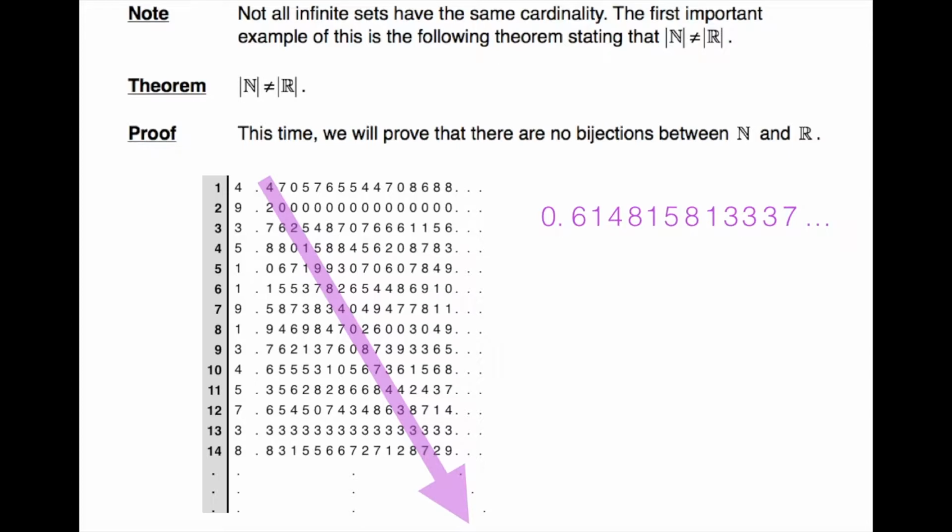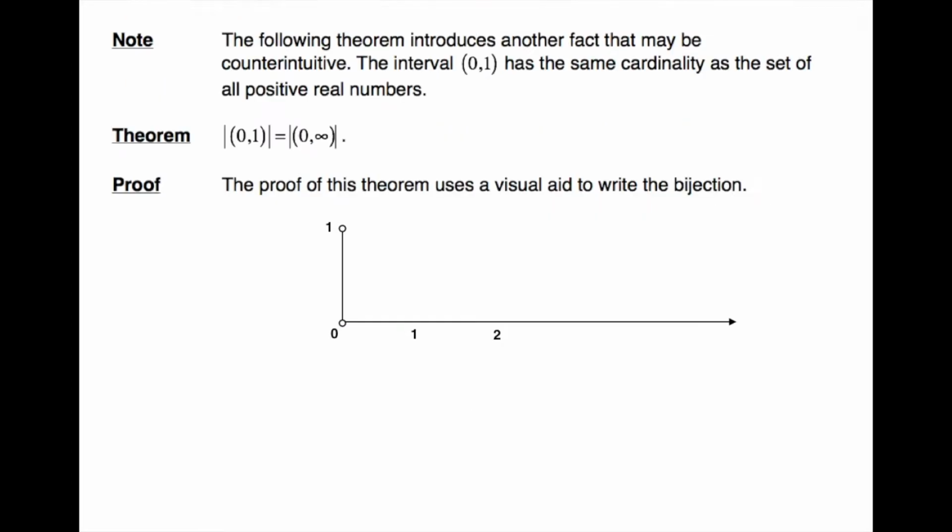So that's groundbreaking news. It's the first time we discover that two infinite sets may not have the same cardinality. So we'll continue with theorems. The following theorem introduces another fact that may be counterintuitive. The interval 0, 1 has the same cardinality as the set of all positive real numbers. So what it means is technically that there's as many numbers between 0 and 1 as there are between 0 and infinity. We say that these two